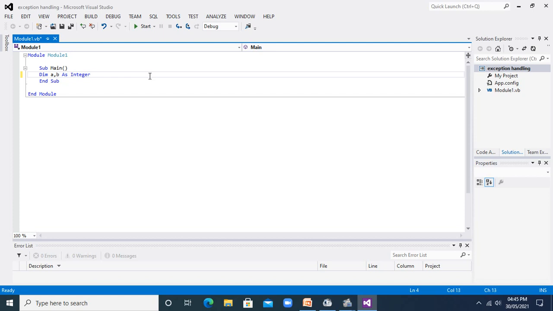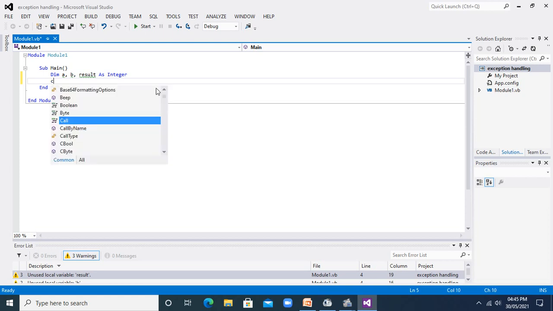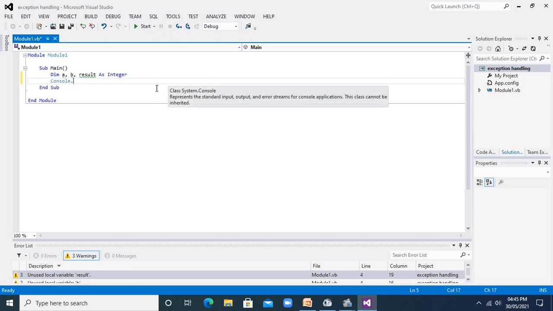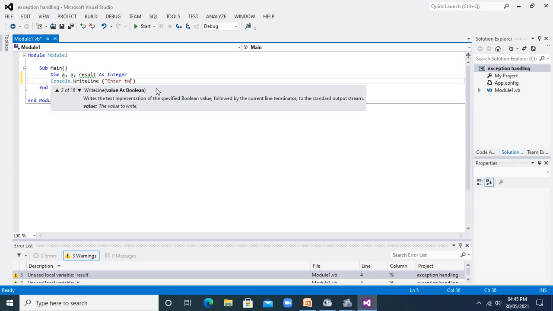Here one more variable I will declare for the result. Now I can use this declaration inside the main or outside the main, anywhere. Now here I will write Console.WriteLine, and here I will give a message to the user: enter two numbers.